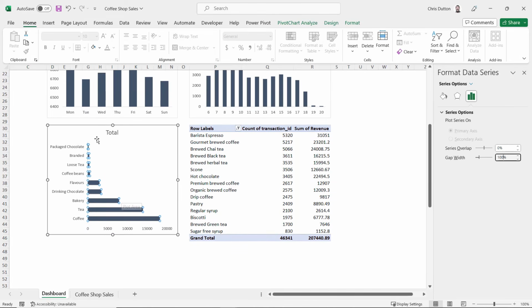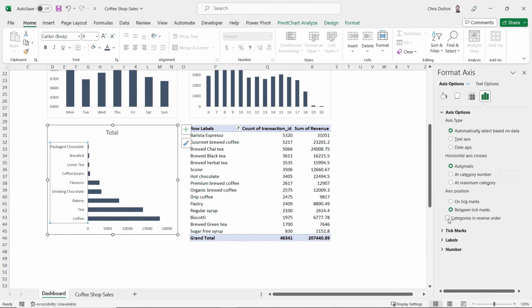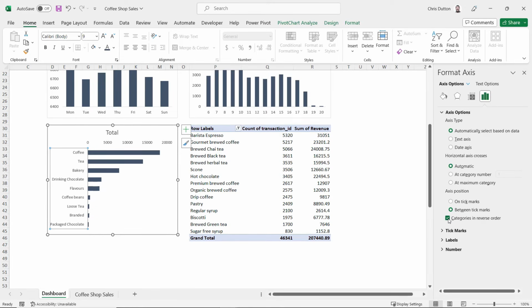There's one extra step here with the default bar charts, which is that your x-axis will appear at the bottom, which means your largest series value will show up at the bottom of your list, in this case, coffee. And I actually want this to be at the top of the list because it feels much more intuitive to read from the top down. So to make that change, you can right-click the y-axis, format that axis, and check this box that says Categories in Reverse Order. That flips it over, so now we see coffee, tea, bakery at the top of the list,